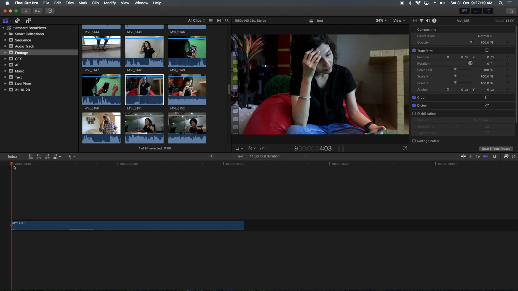It cannot be a lower layer, because if I place text behind this video, it will not show, because Final Cut Pro always gives importance to the upper track layer. This you all know. So where do I have to place my text? On the upper layer, and text always has a transparent background. There will be no background behind that text.